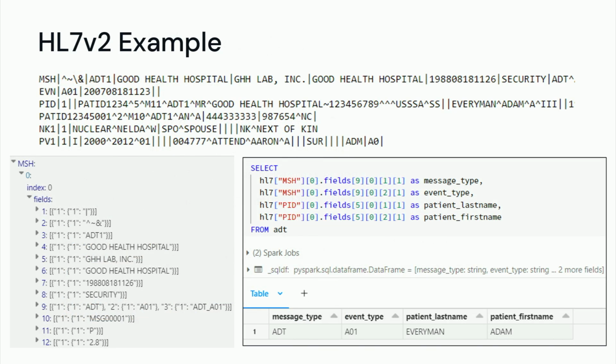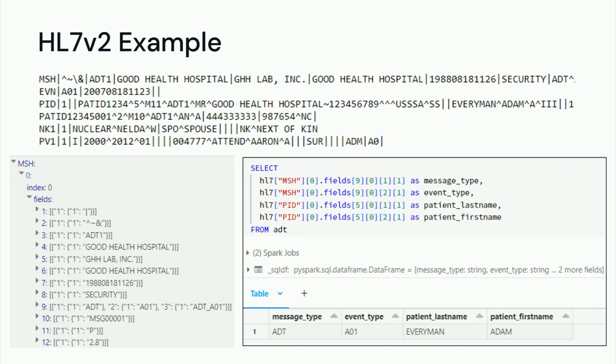Next up, we have an example of the HL7 v2. So at the top, this is a raw message that comes in. It's a delimited message, but it's not a simple delimited message. Each line represents a different segment, and then segments are broken up into fields and subfields. And on top of that, some segments can have repetitions and fields can have repetitions. So it's quite complex. So what we do is we parse it into the complex data type you see on the bottom left, so that we can query different segments, fields, repetitions, as needed for different use cases.